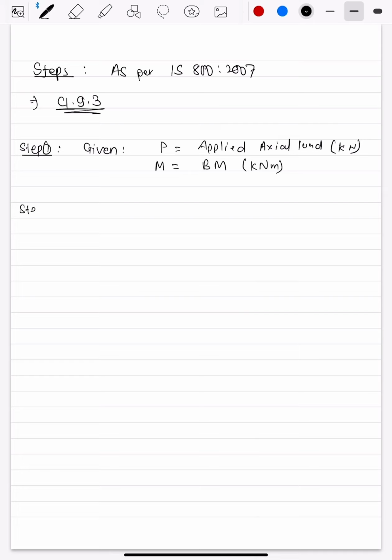So your step 2 will be, or you can start with step 1 from this step as well, you will factor the load. Factored P is nothing but PU is equal to 1.5 P, and the same you do for MU. So the factored bending moment will be MU equal to 1.5 M. So the first step will be factoring the loads if they are not factored. Then step 3 is